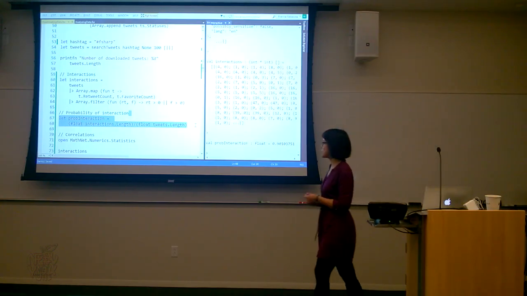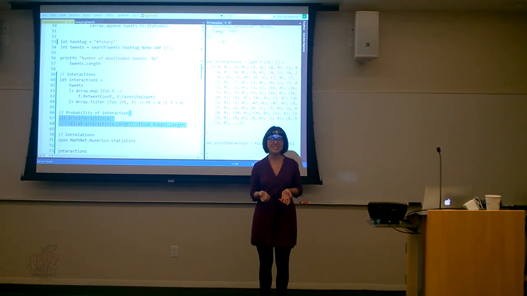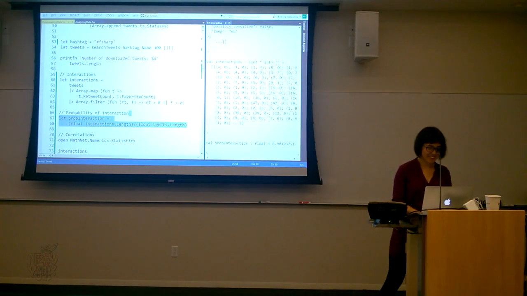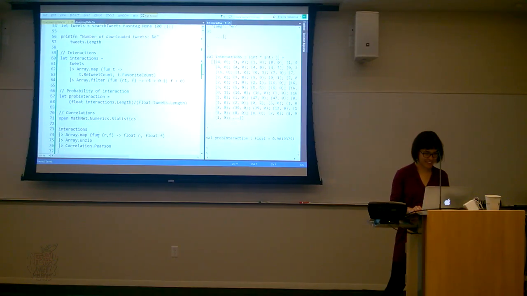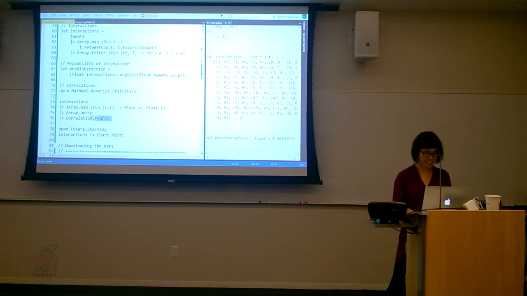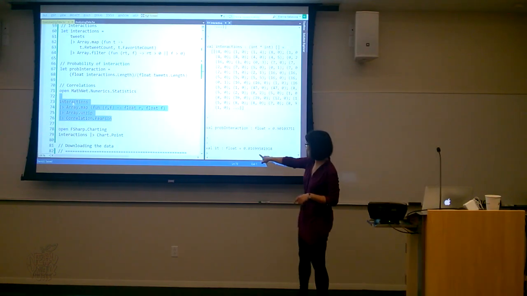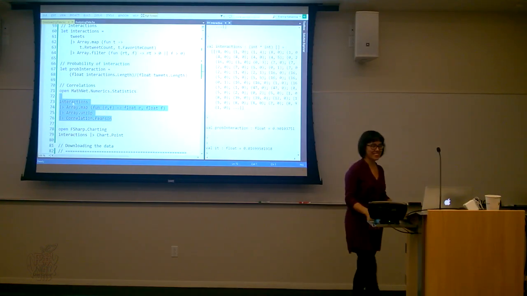And I have a question for you. Who thinks that number of retweets and number of favorites are correlated? That means the more retweets you get, the more favorites you get as well. Well, it would make sense, right? So now I have all the data, and I can just call the Pearson correlation coefficient, and it's just 0.017. It looks like it's not correlated at all.